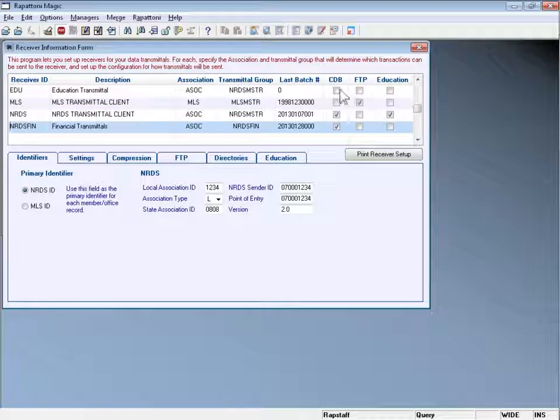So we're going to click on Setup and Receiver Information, and you'll notice to the right-hand side of the form you have an option of sending it CDB or FTP. This is preset. You almost never have to go there, but I do want to talk about the difference. For a state receiver or MLS receiver or key, all of your files will be sent using FTP. And what that means is Magic will create a file. The file will be placed on a predetermined FTP site where it will be picked up at a scheduled time